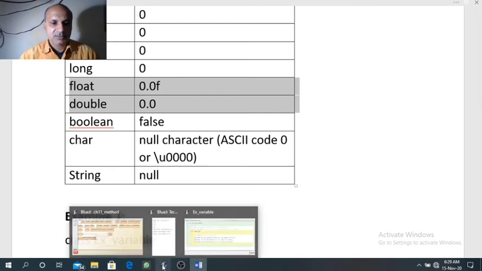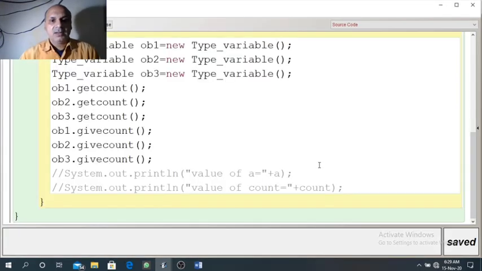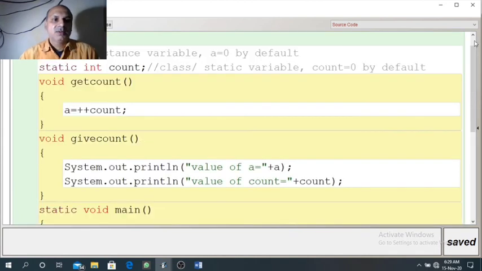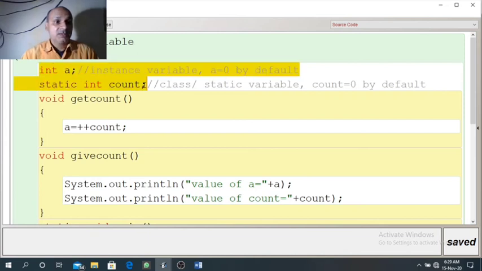Now the example. I have designed one program to explain the difference between instance variable and class variable. See, A is an instance variable and count is a static variable.